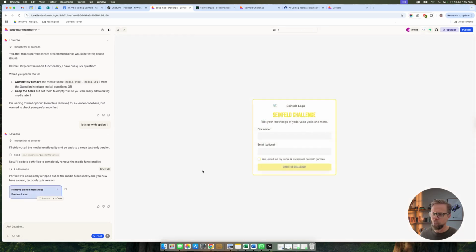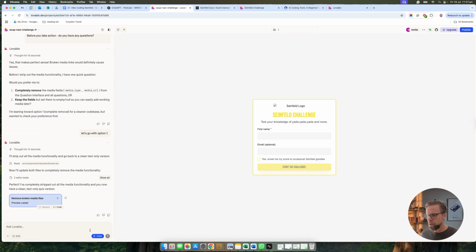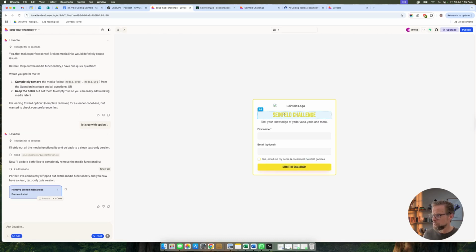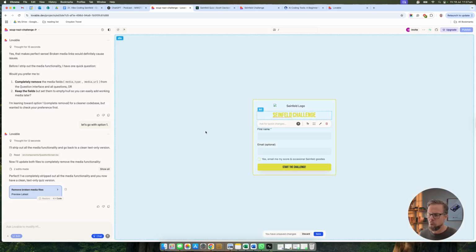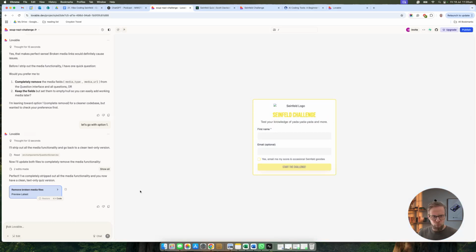But for most of us, we would either be talking into the chat here to ask it what to do, and it would make those changes. Or you can go into edit mode, which works a lot like a WYSIWYG editor for a website, like WordPress, for instance. And you can actually just go in here and start changing these words, making basic changes yourself to the fields just by editing it like any normal document. But the real magic is in this chat functionality. So let me show you an example of how that works.